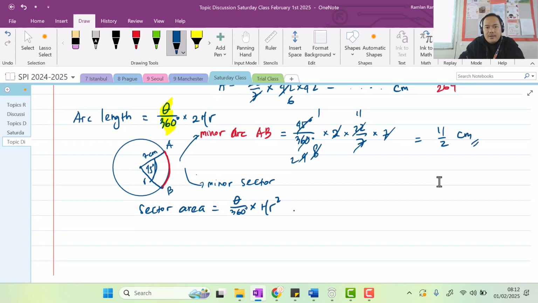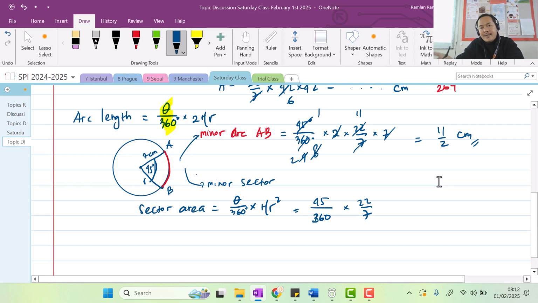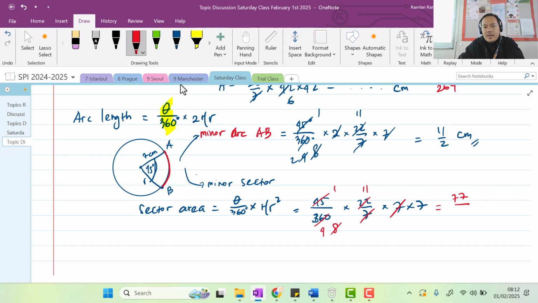Okay, so for this one here, there'll be, again, 45 over 360, right? And then multiply by 22 over 7, again because in the question it is given that pi is 22 over 7. Again, if the question doesn't give you that, just use the symbol of pi. And then multiply that by r squared, which is 7 times 7, right? So 7 squared, you can write down as 7 times 7. And then do the same thing again. We can simplify 45 over 360, which is 1 over 8. And then we can cancel this again, and we can cancel this again as 4, and this is 11, right? And then just multiply 11 times 7, which is 77. And then the 4 becomes the denominator, and that will be like this.